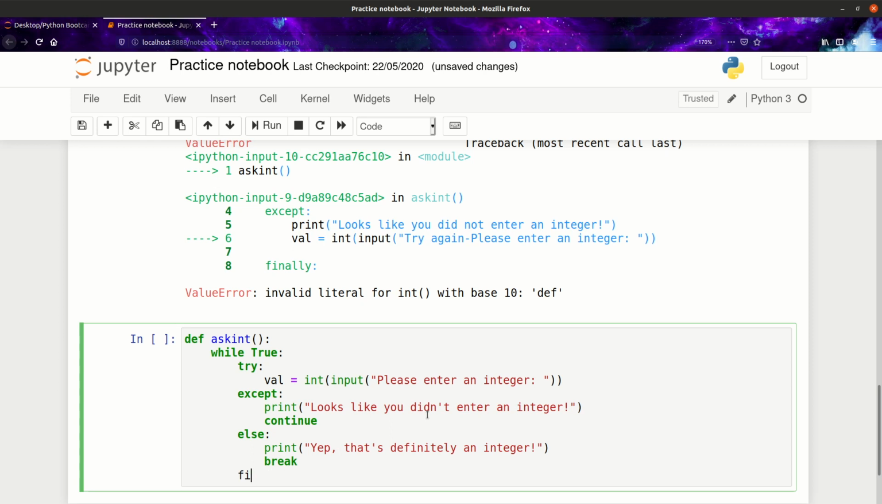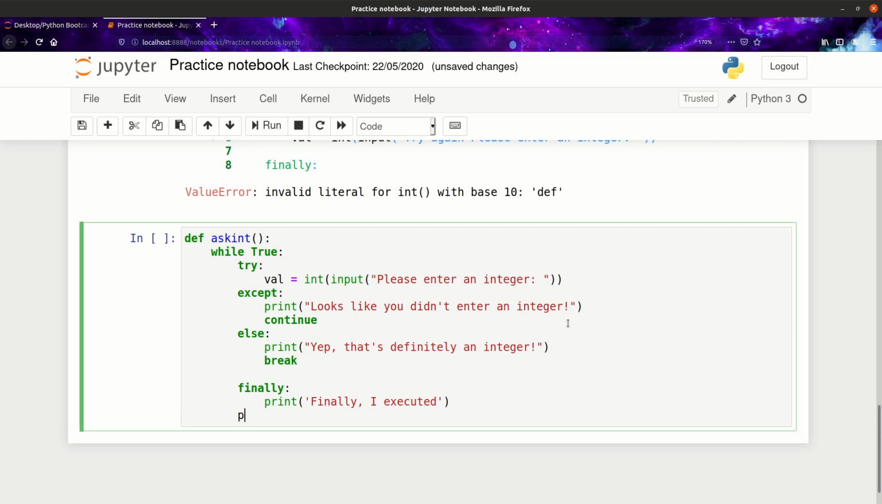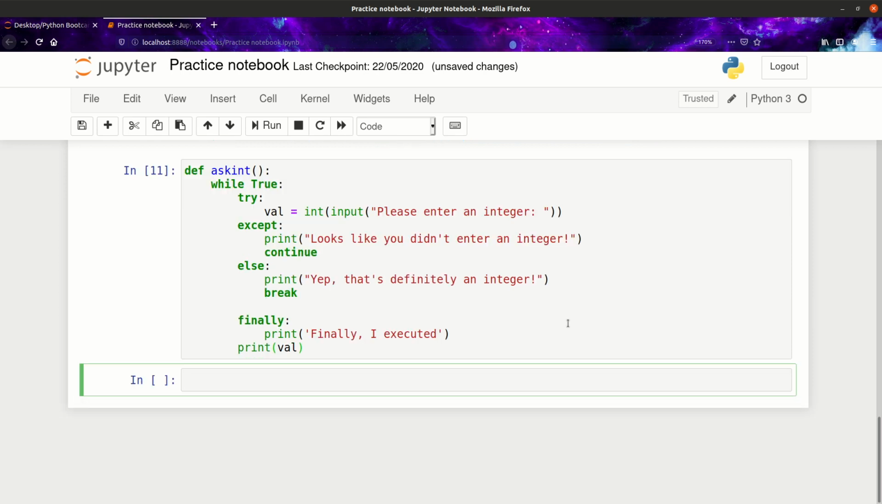So let me just put my line over here. So finally, and then let's scroll down a bit. Finally, I want to print finally I executed. Okay, so finally I executed. Let's just put this in over here. Take away this. And then after all of this runs, all I want to do after that is to print out my value. Okay, so now let's try and put in askInt,